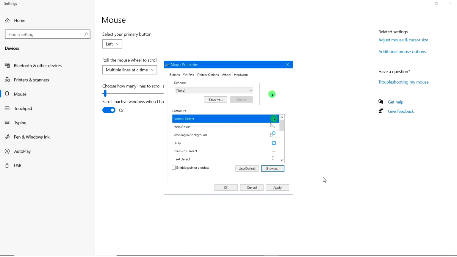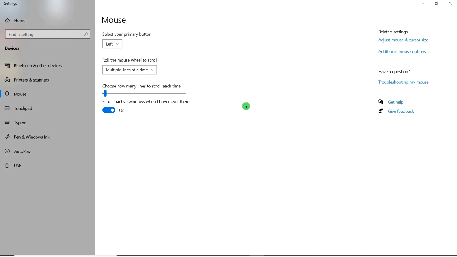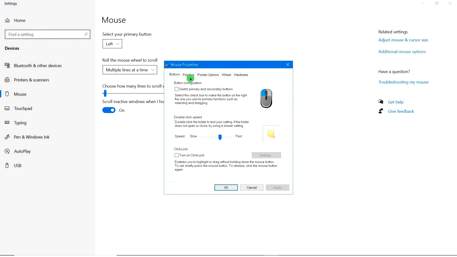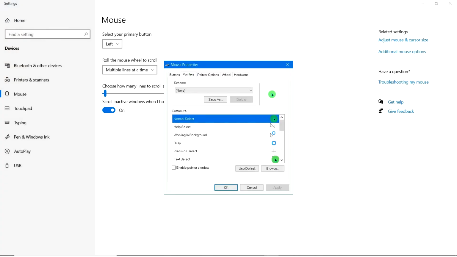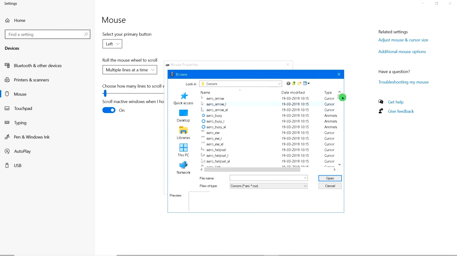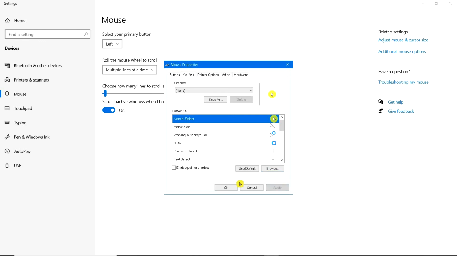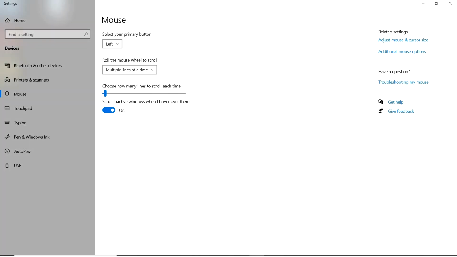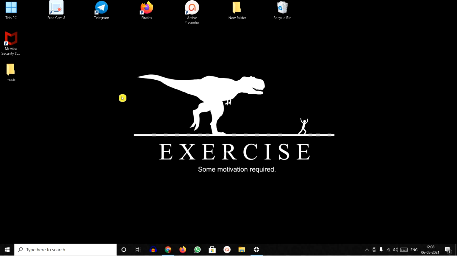Green highlight, I'll just click on apply. The change will be applied and you can see the difference in the cursor. It was highlighting, right? If you want to change the color, go to advanced mouse options again, go to pointers and select any other color highlight. I'll be selecting yellow highlight. I like it, it will be very classic. Just click OK, and OK and apply. So this would be the highlight cursor.